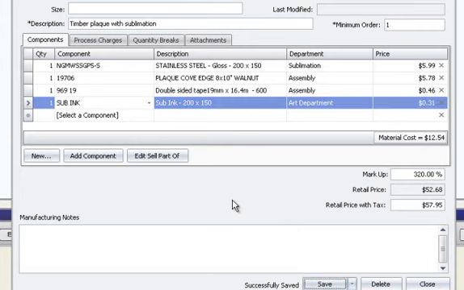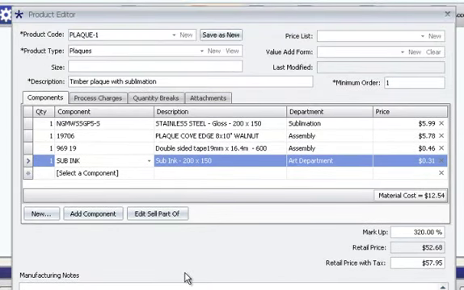So the sell part of system helps you quickly build products using sheet stock. You'll never have to work out sizes and how many you can fit to a sheet. You'll never have to work out how many sheets you'll have to buy, because the stock order system, once this is added to a sales order, if somebody buys 170 plaques, it'll work it out for you how many sheets you're going to need, and you'll never have to work out the cost of any of this sort of stuff. So that's the AwardPro sell part of system, designed to make adding sheet stock and line stock quick, easy,